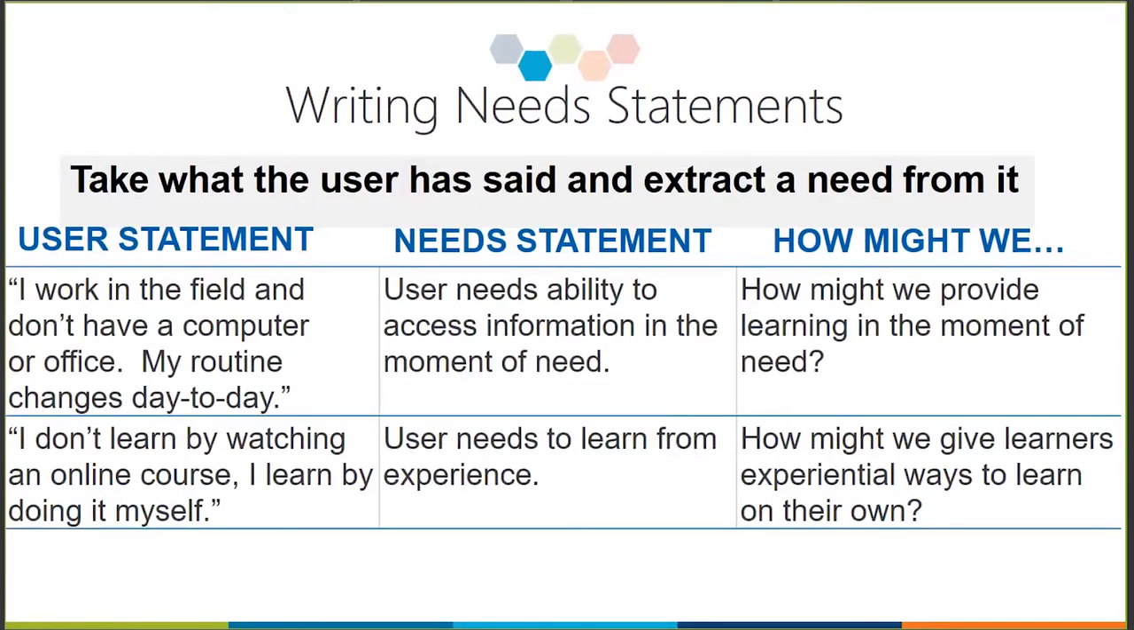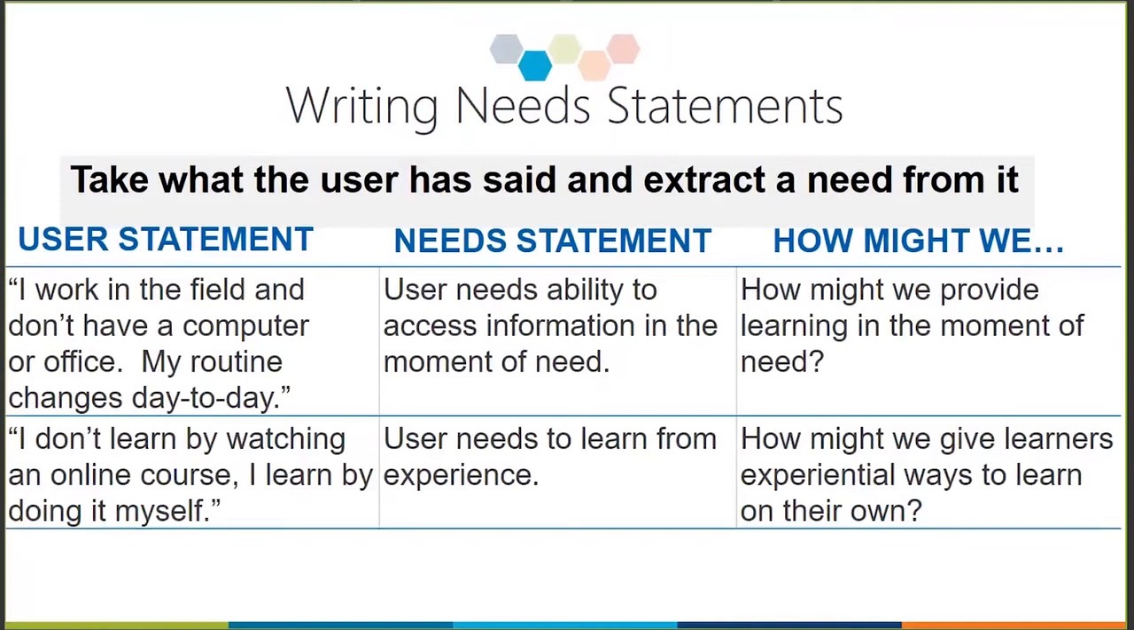Another example, "I don't learn by watching an online course. I learn by doing it myself." That was the statement from the user. So the needs statement could be, the user needs to learn from experience. Now we can evolve that into the how might we question. How might we give learners experiential ways to learn on their own? And you may even turn statements into more than one how might we question. But again, the how might we question is then what we move forward with in terms of the ideation and